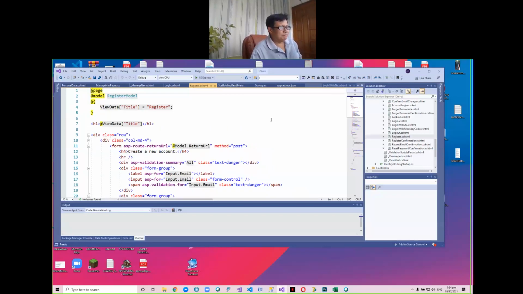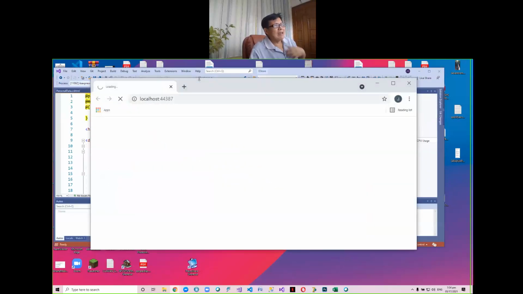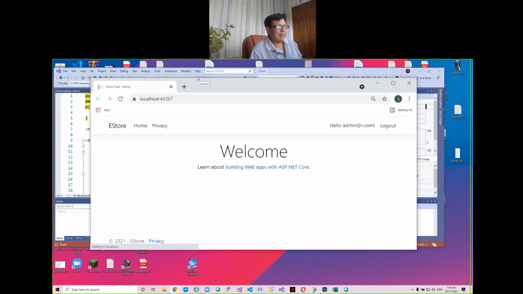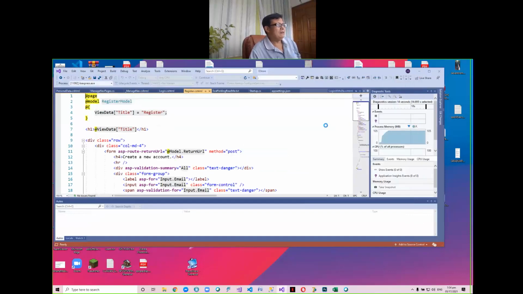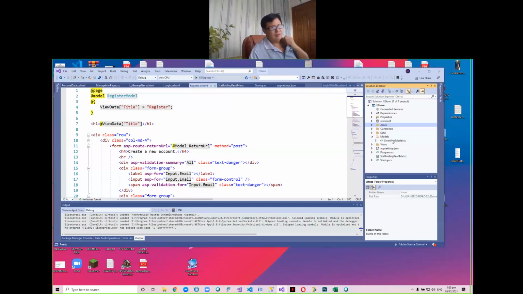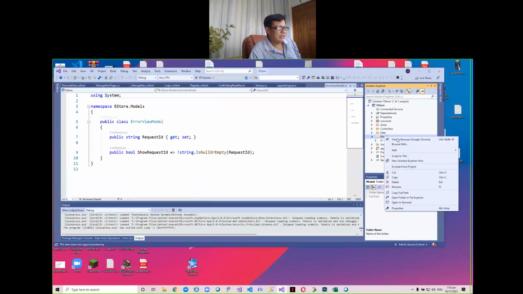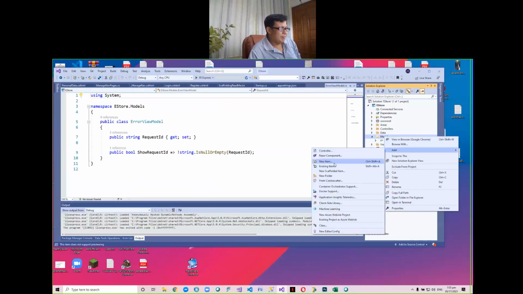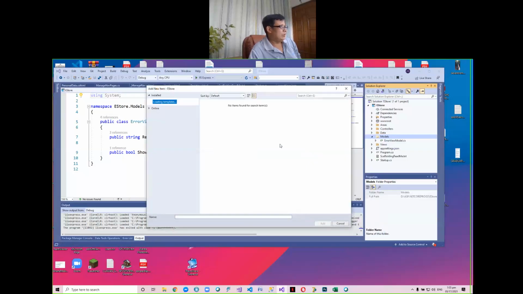So anyway, we now have a simple project now which can log in and log out. Diba? Let's try to create a database and then we will assign ano. Mamaya na yung mag-assign ng roles, no? We will create roles and then we'll assign roles, okay? So for the moment, what we need to do is first create, when you are doing a project, we create the model, okay? What authors, or shall we say, employees, no? In the models, we say, add new item, no? New item, then we'll say,